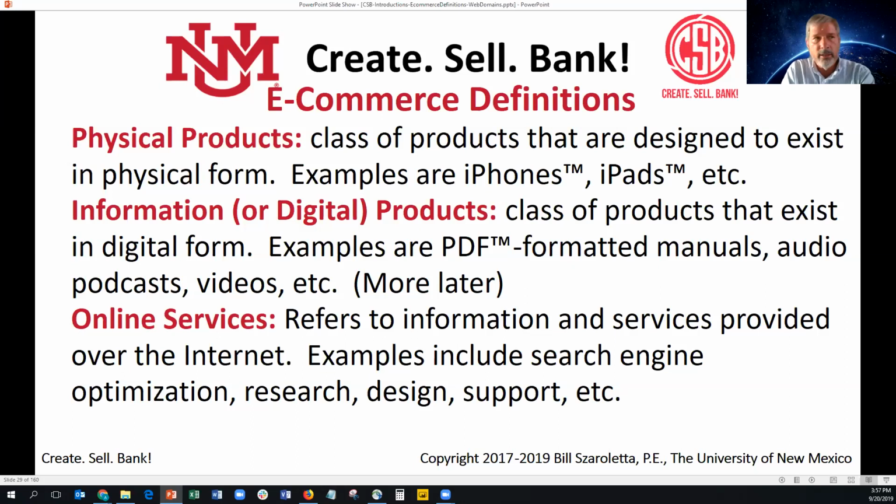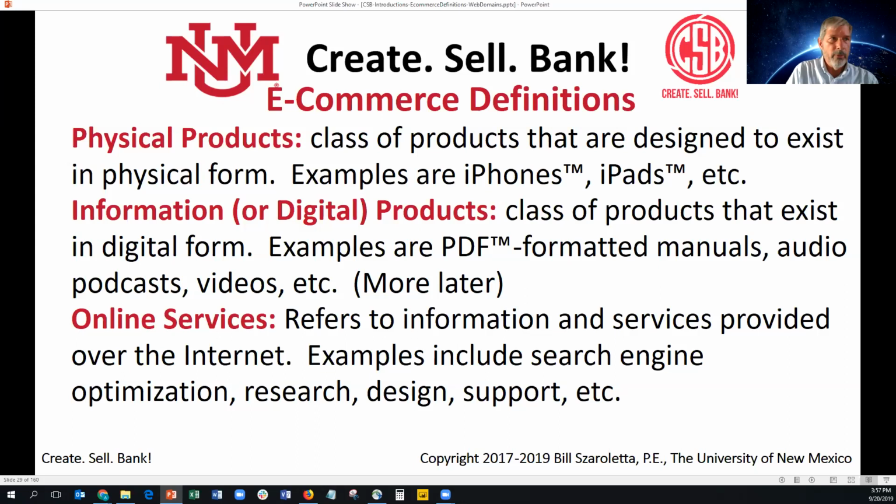That's a class of products that exist only in digital form. PDFs that are manuals, podcasts, videos, various things like that. And those can be marketed through other like Clickbank, Warrior Plus, JV Zoo are 3 that we're going to talk about. And online services are,